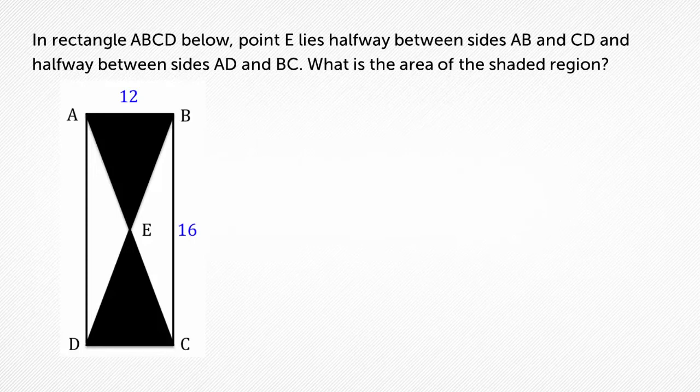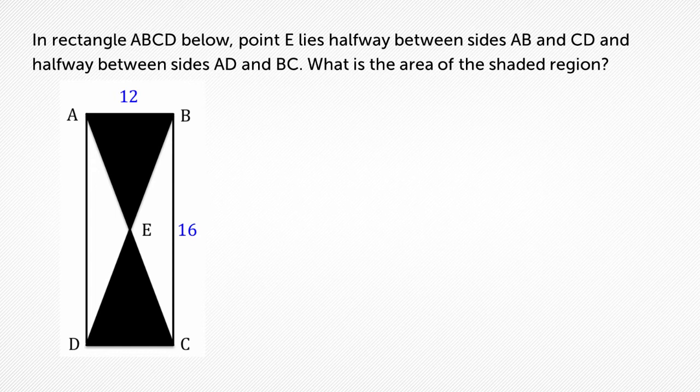In rectangle ABCD below, point E lies halfway between sides AB and CD and halfway between sides AD and BC. What is the area of the shaded region? Well, I can see that the shaded region is just made up of two triangles. So I can find the area of each of those triangles and add them together to get the total area